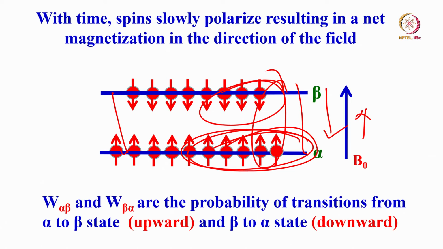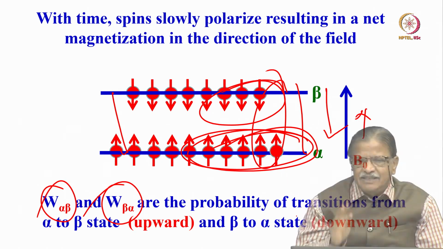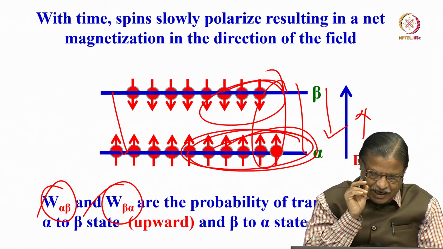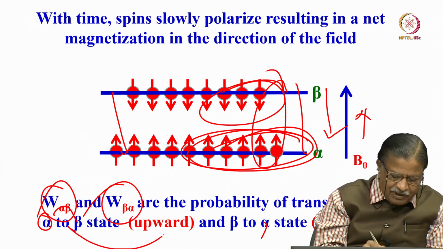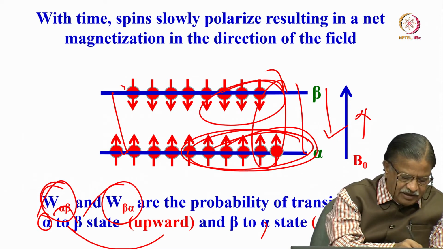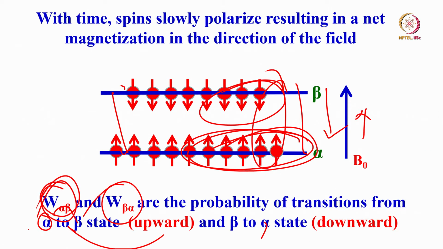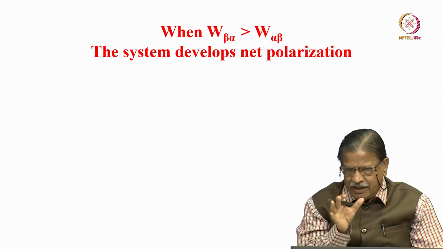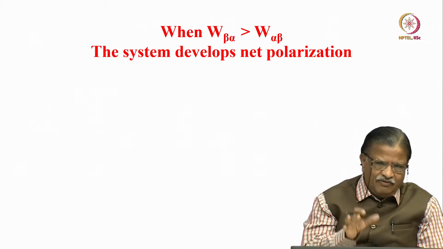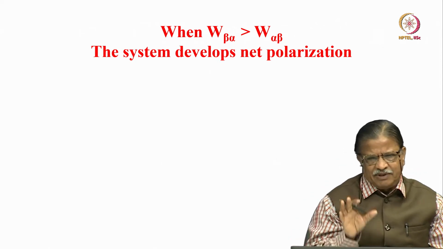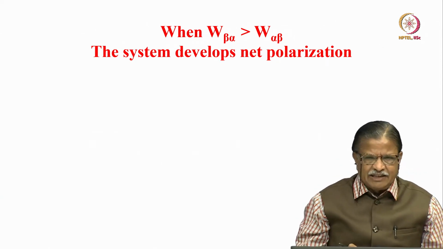Now we will discuss two things. I will consider W alpha beta and W beta alpha as the two transition probabilities of the transition from spin alpha to beta and beta to alpha. Alpha to beta, the upward transition from here to here, I will consider as W alpha beta, and spins coming from here to here I consider as W beta alpha. It is a downward transition. Okay. It is some simple basic conceptual understanding. Of course, there is advanced theory of relaxation, for the benefit of the participants here. That is not essential, but only understand the concept here.